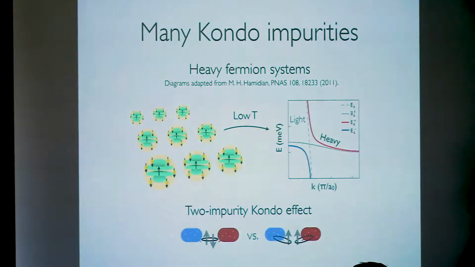In the two impurity Kondo effect, you could consider this to be a prototypical model in the sense that if you have some large inter-impurity coupling, the two impurities could form a singlet on their own. Or if the coupling of each impurity to an electronic reservoir is stronger, then you could have each impurity screened out by the Kondo effect with its own reservoir. So there's some competition, depending on the strength of the inter-impurity coupling, between what the ground state is, and it turns out there's a critical point in between.